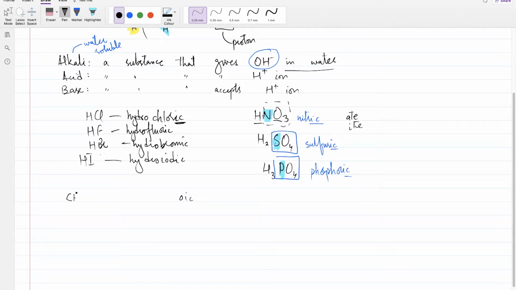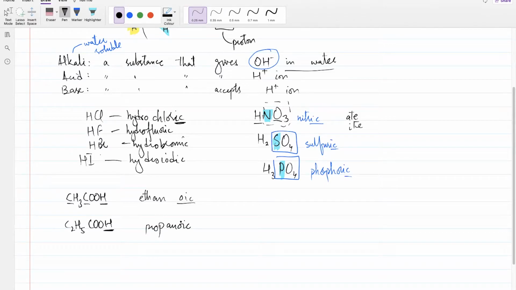So let's suppose I have CH3COOH. Here, this hydrogen is the one that's going to make it acid. So I'll call it ethanoic acid. Why ethanoic? Because it has two carbons. We'll get to why we are counting carbons and why it is important. But because these are organic, carbon is the main thing there. So this is ethanoic. Similarly, if I had something like this, where I do have hydrogen making it acid, but it has three carbons, I'll call it prop because there are three carbons, and OIC because this is an organic acid. So that's how we name organic acids.